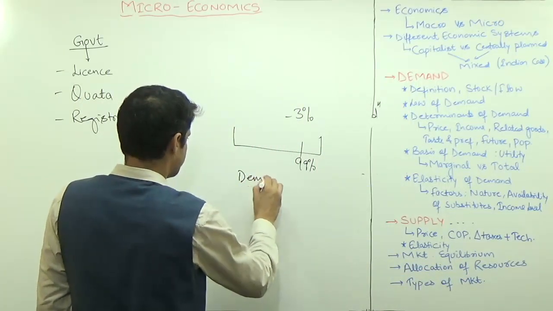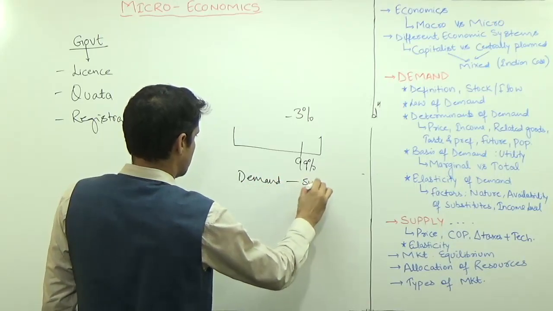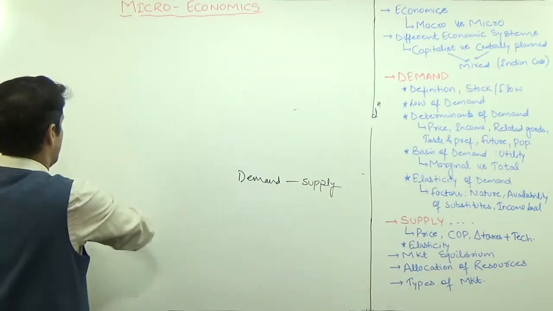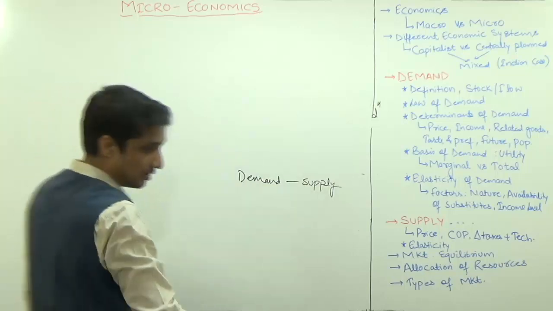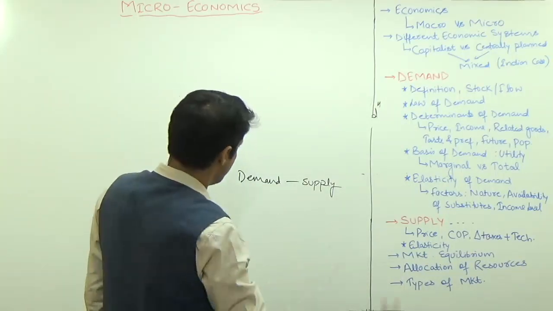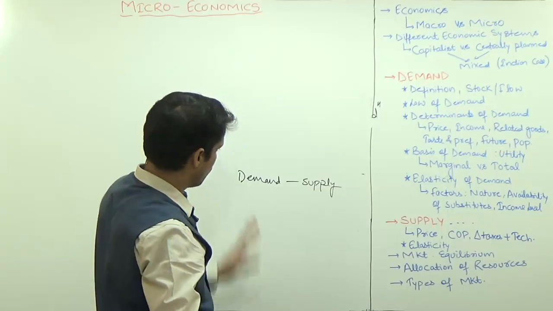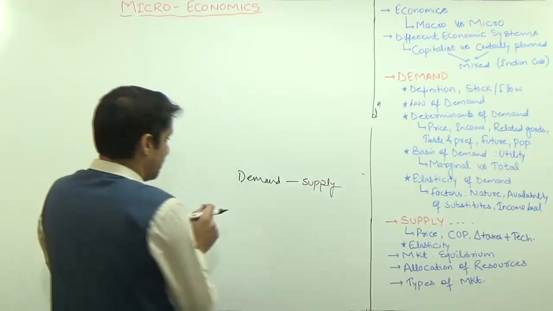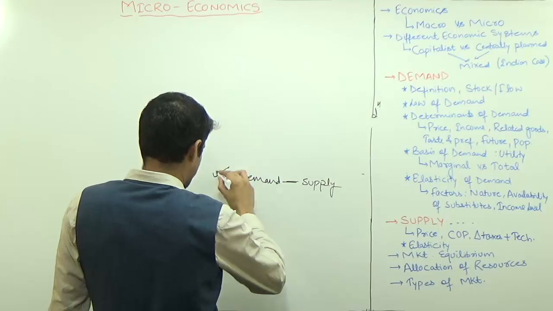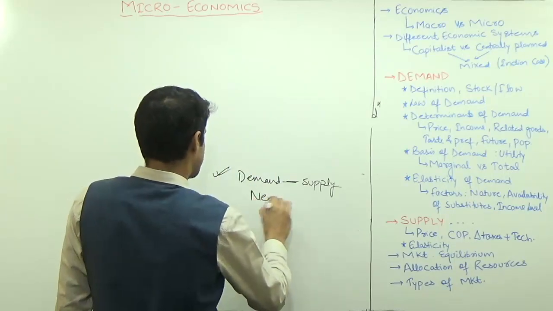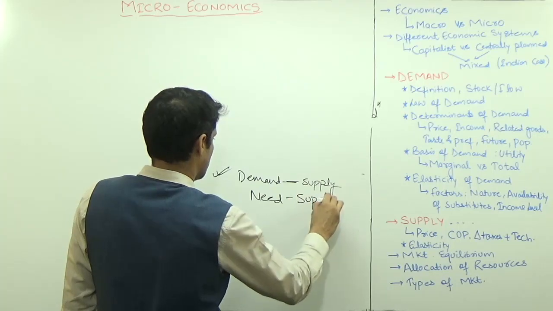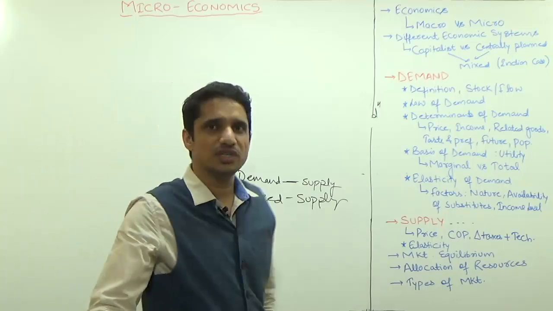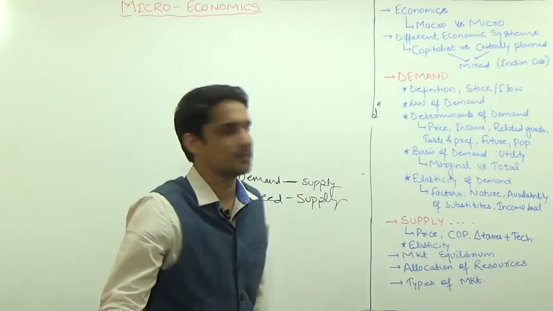The demand is there and supply is there. This is from the economics perspective. But from the socialist perspective, India is a socialist economy, which is mentioned in the preamble, added by the 42nd Amendment Act. So demand and supply can be matched by the private sector. But need and supply, what is the need of that thing? This cannot be solved by the private sector. Similarly, social justice cannot be ensured by the private sector.